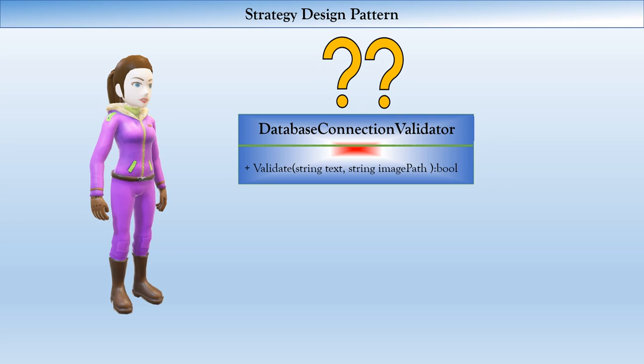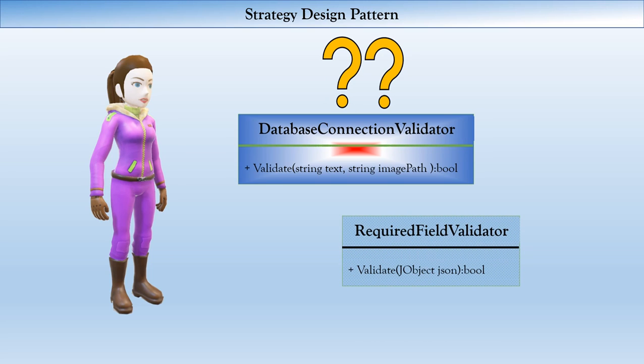What happened? What's wrong? If we compare the implementation of database validator with the old validators, we find that the validation function is taking different parameters which is not communicated to the client, and he was trying to use the old way to call validate. So now we saw that our system is prone to errors. This happened because of the violation of point number 1, program to interface and not implementation.